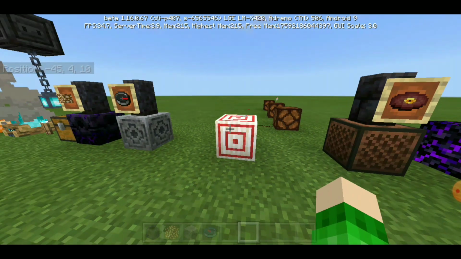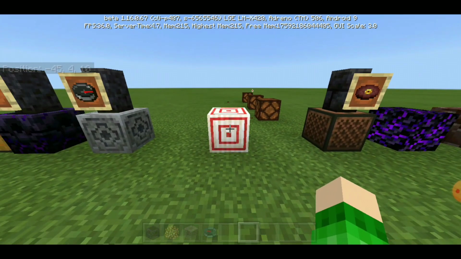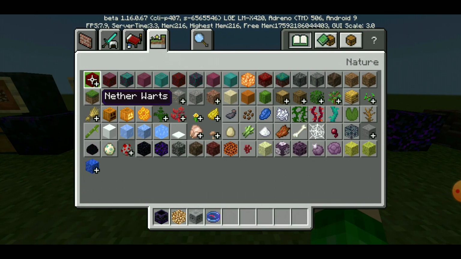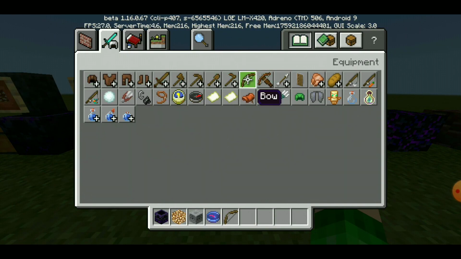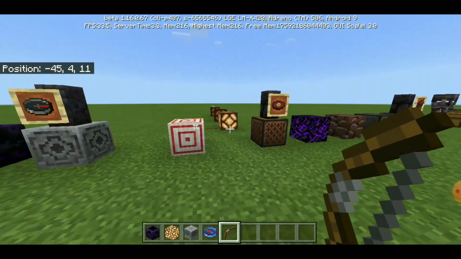Now for my redstone lovers and my map makers, this block can be really useful. It outputs a different redstone signal depending on where the target is hit. So let me grab myself a bow really fast. Okay, so if I hit the outside right here, you can see the signal is very weak, only traveling a